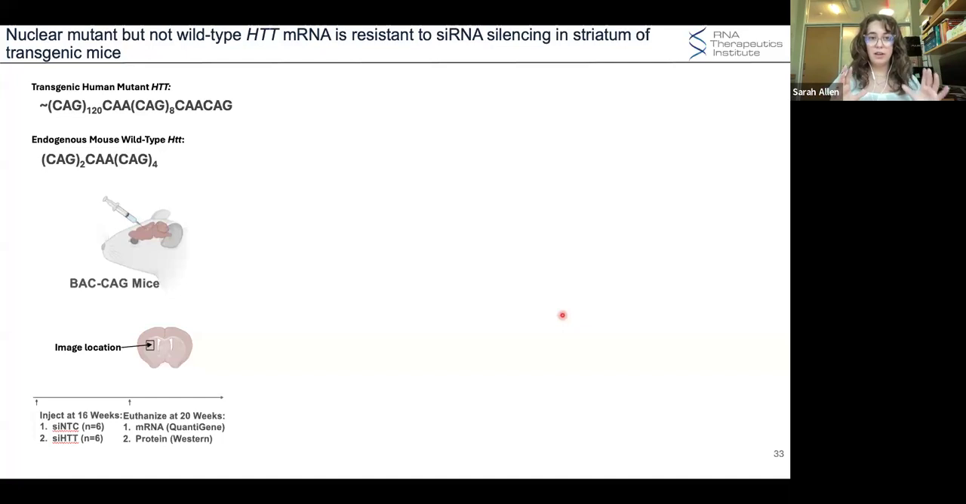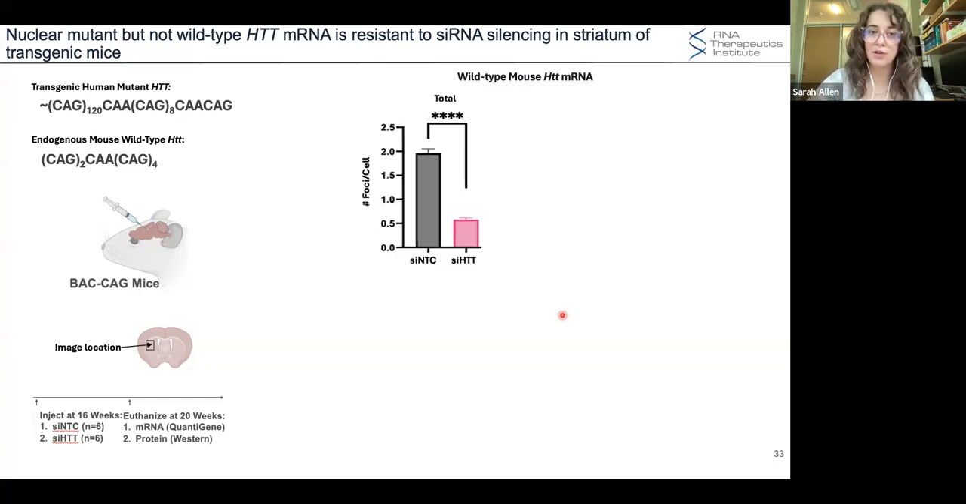So again, we looked at the same back CAG mouse tissue, so 120 CAG repeats, and these images were all taken in the striatum of the mouse brain, as this is the area of interest and area most impacted by Huntington's disease. The mice were taken down 4 weeks post-injection into the ventricle. And the quantifications for the images shown previously are here,